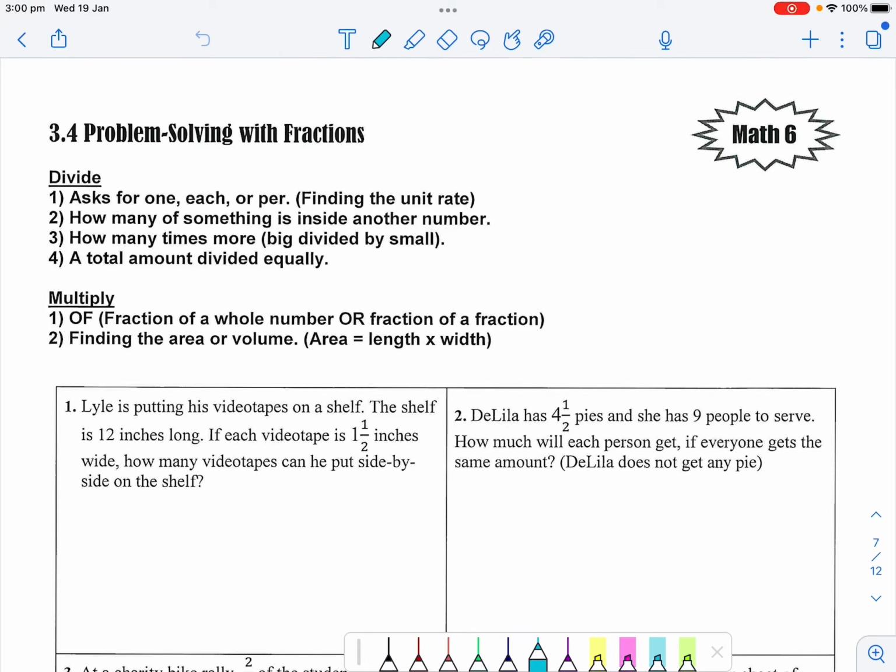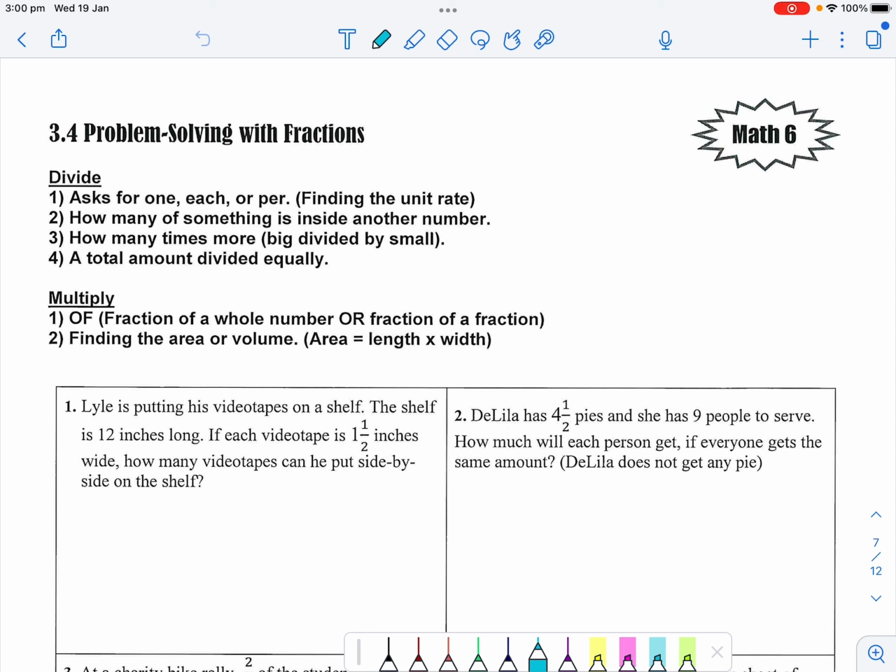Hey everyone, today we are going to do some problem solving with fractions, which just is code for word problems. So we are going to read through some word problems and we're going to have to make a decision about whether we are multiplying or dividing the fractions in the word problem. I've got some hints here at the top that tell you whether you are supposed to multiply or divide, or the types of things that you're looking for that are going to kind of give you a hint in the